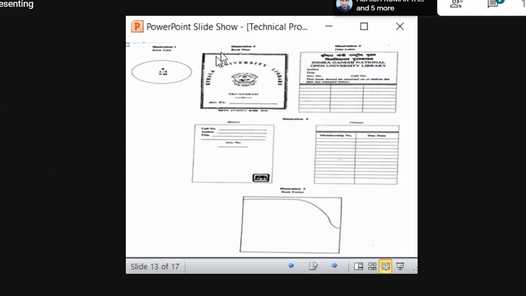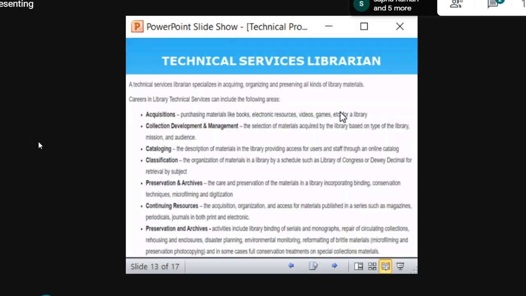Okay, so this is a book plate. That means in the front they will paste it, to ensure that this book belongs to Kerala University Library, something like that. See, these are the different pictures, different things. How much meticulous work they are carrying out. They have to type like this, print it out, take it and paste it. How many works they are doing.